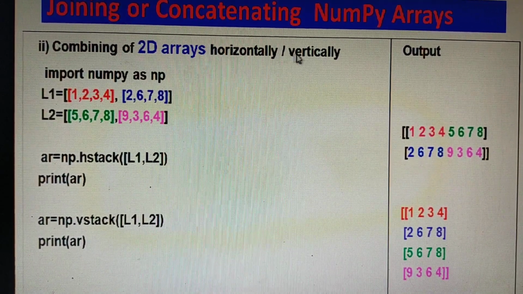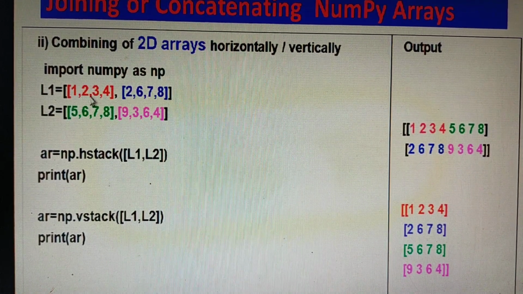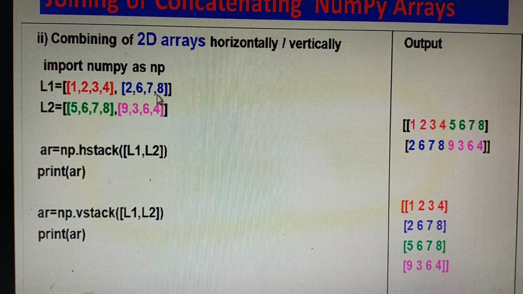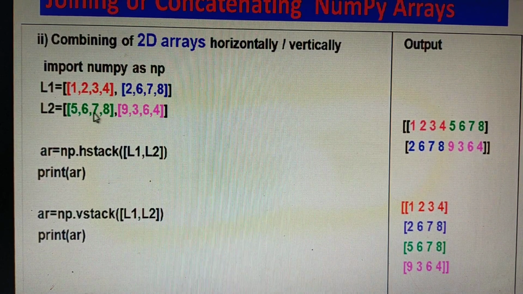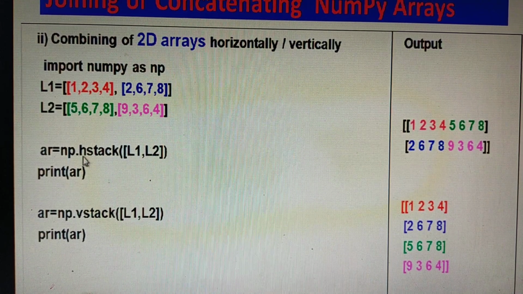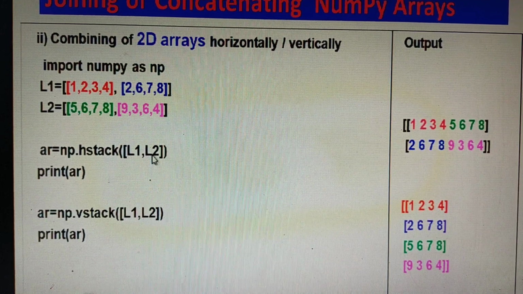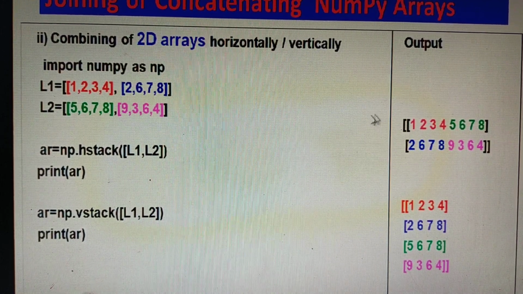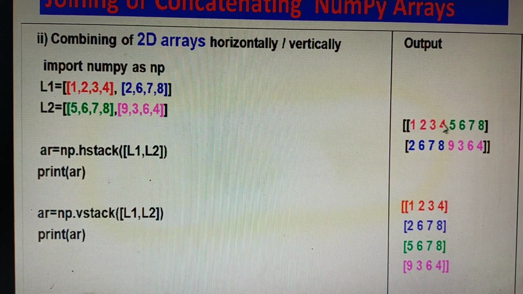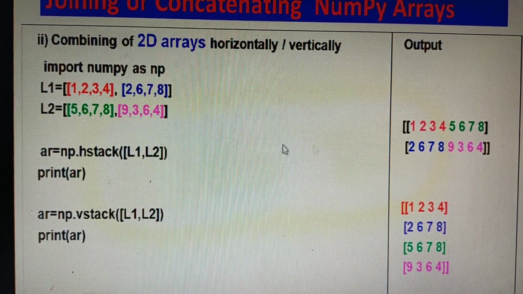Now combining 2D arrays horizontally and vertically. Here the 2 arrays, L1 and L2, are given, and I am adding them using the hstack function, L1 L2, and printing. You can see they are added horizontally: 1, 2, 3 for the first list, and the first item of the second list is added here horizontally.